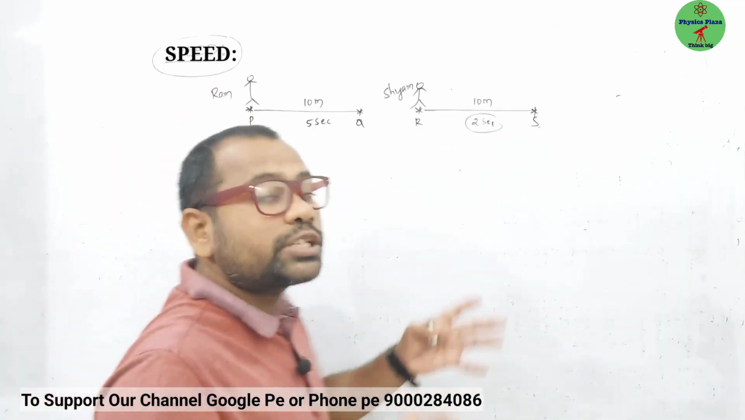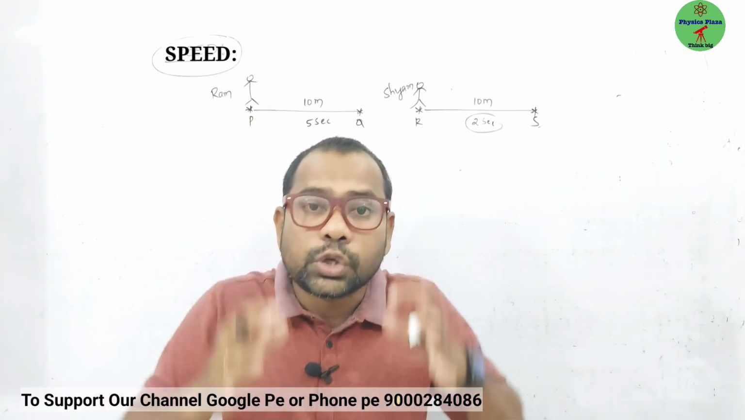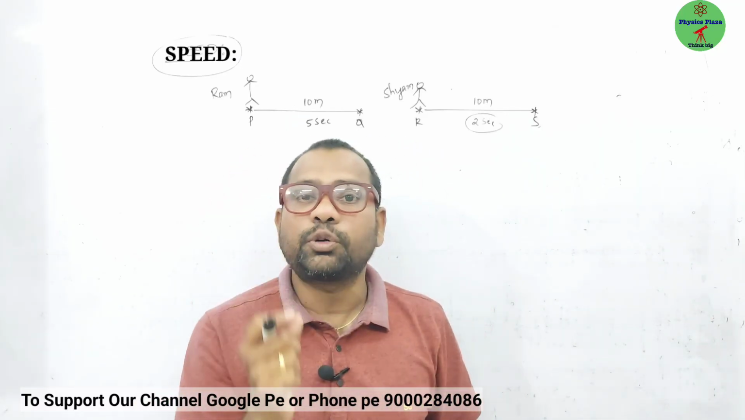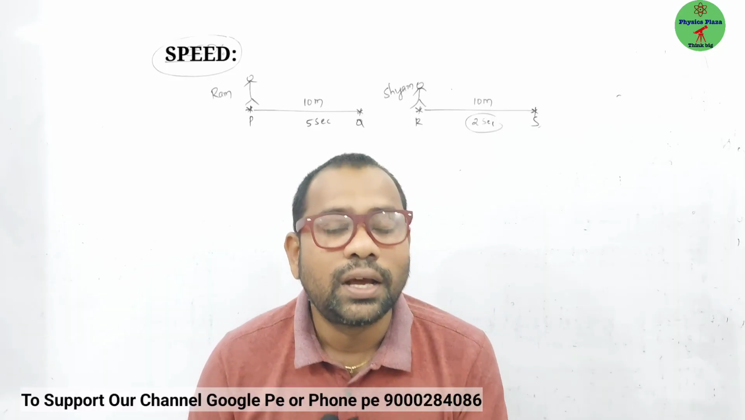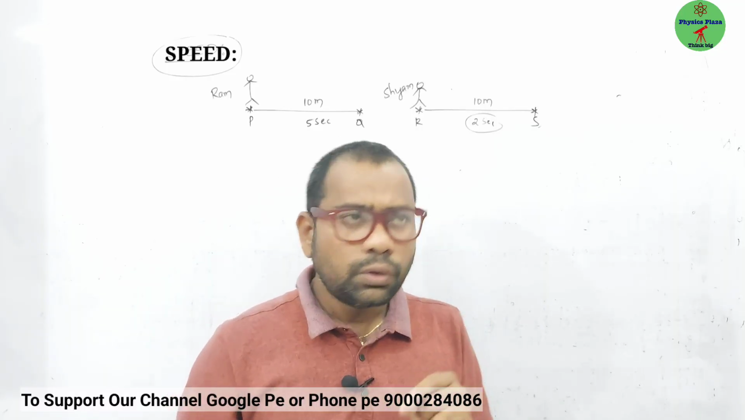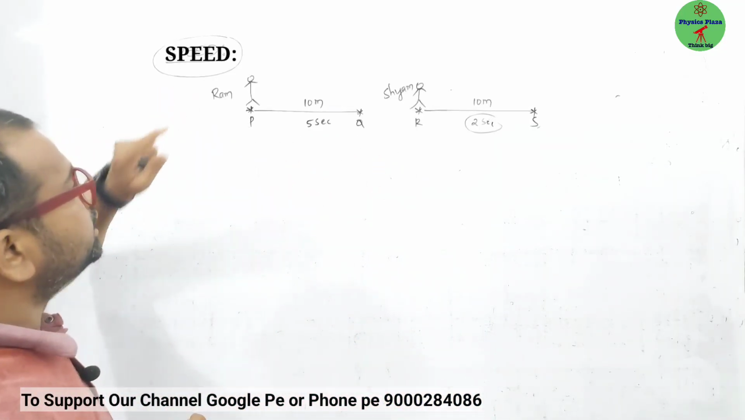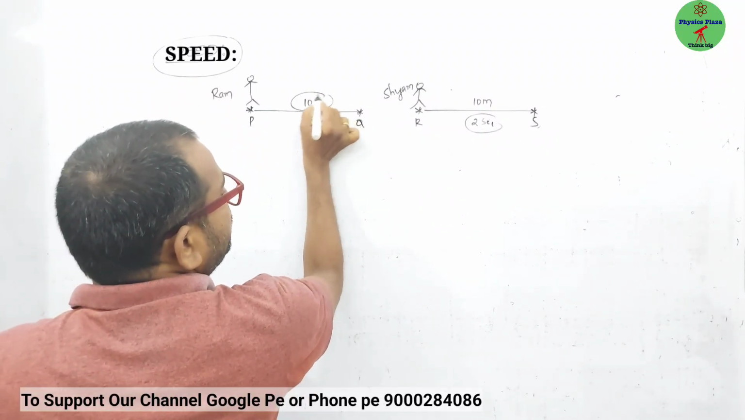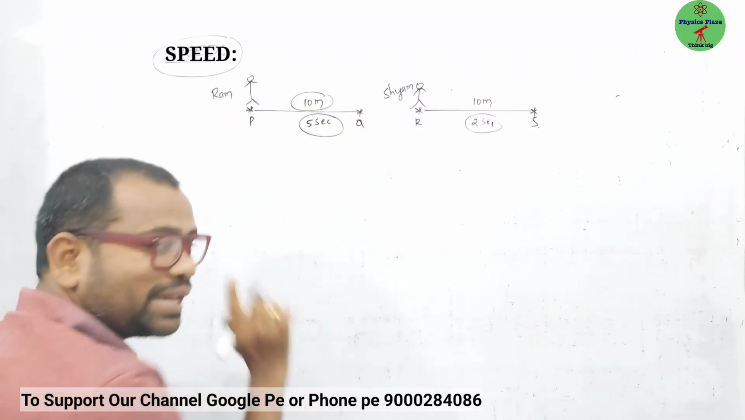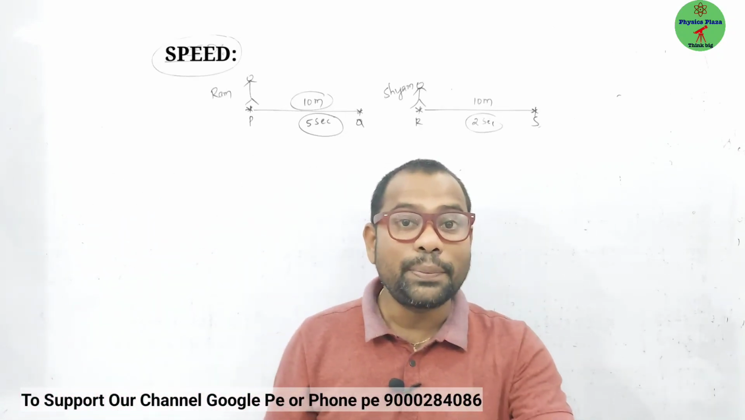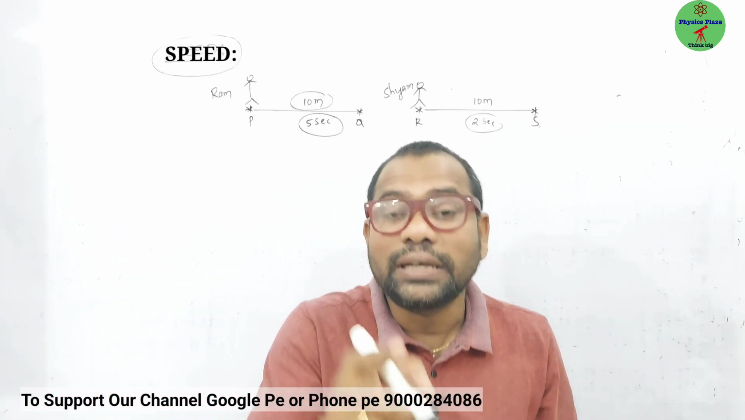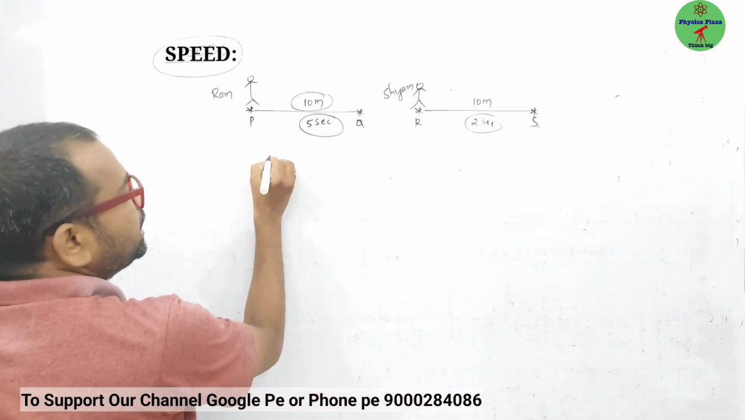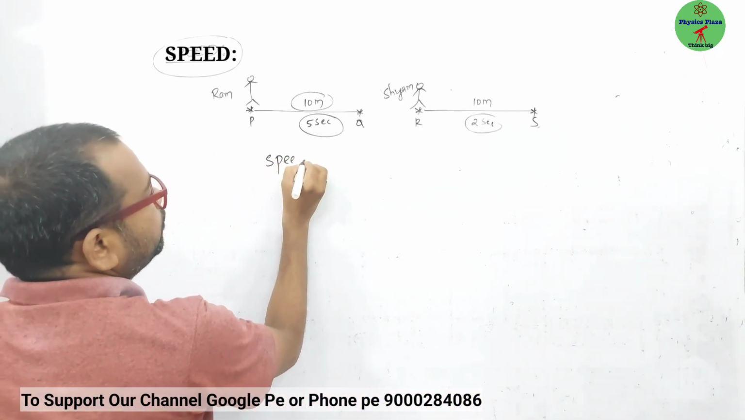So speed tells you how fast or how slow an object is moving. Children, speed gives you the information about an object, whether it is moving fast or slow. If you want to calculate the speed, what should you know? You must know the distance covered and the time also. So speed can be expressed in terms of distance and time. So we can write speed is equal to